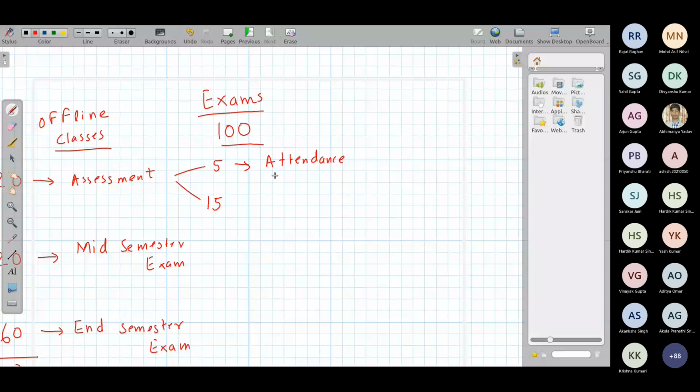And these 15 come from various things, your activities, like the problems you ask, you discuss with us, or like we will also give you some assignment. We may also take some quizzes. Okay. So these are the activities which keep on running several times in a semester, and the cumulative